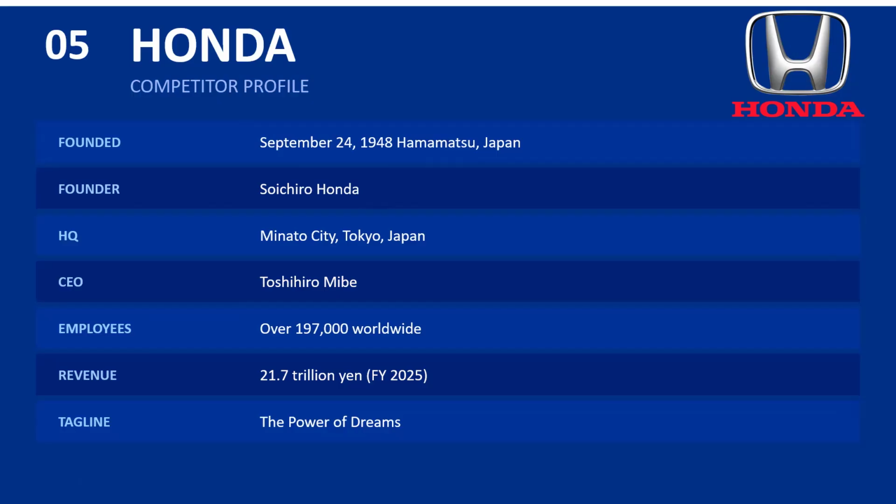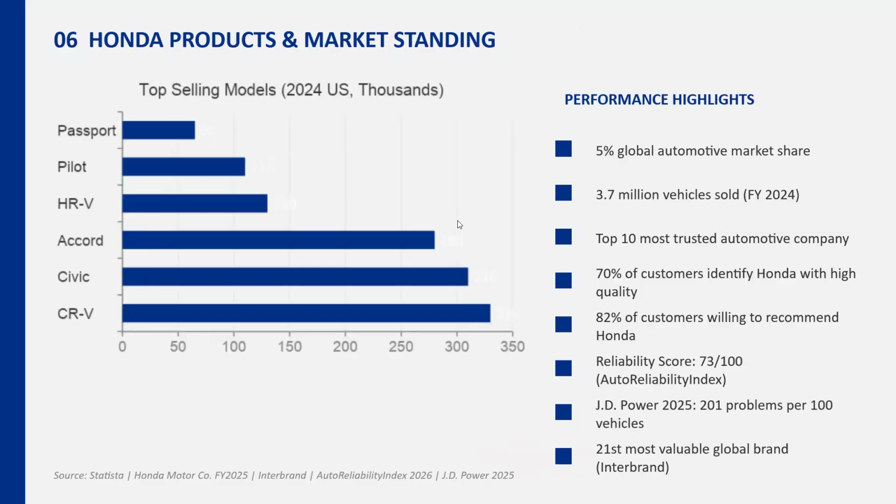Honda is also the world's largest manufacturer of motorcycles and small engines, not just automobiles. And that's what I was touching on a little bit earlier. They're also known for tons of other things, but this says automobiles, motorcycles, small engines. I'm sure you have a lawnmower or a weed whacker made by Honda somewhere, even some tools, maybe a speaker, but I digress. Let's move on to their products and market standing.